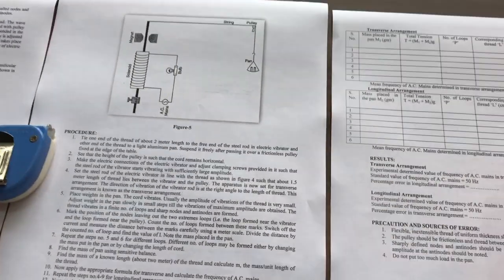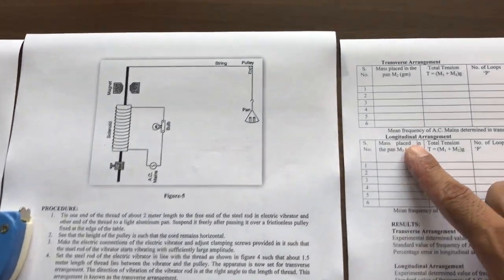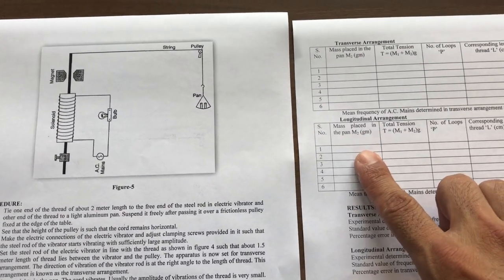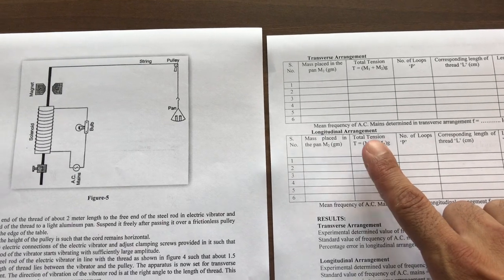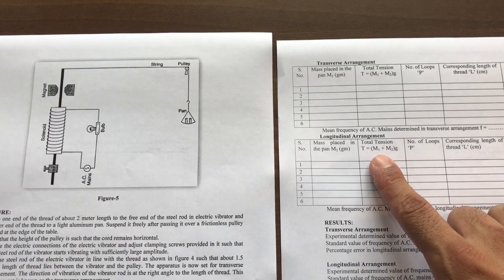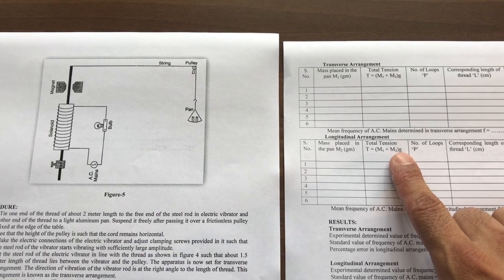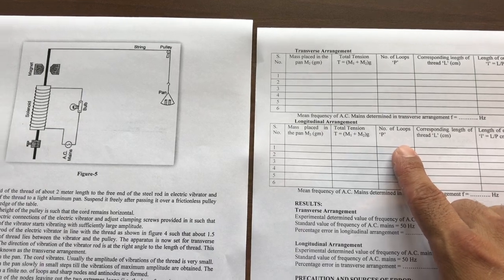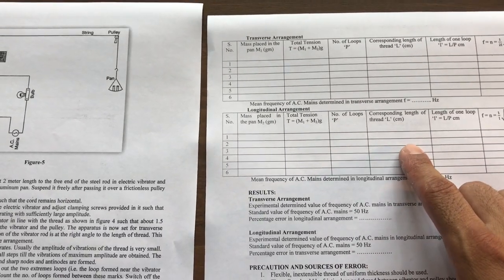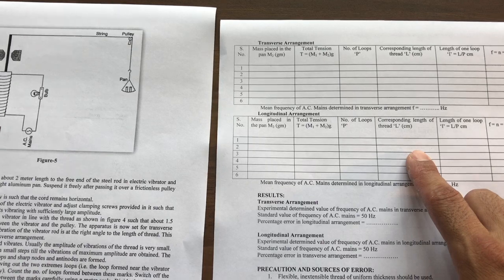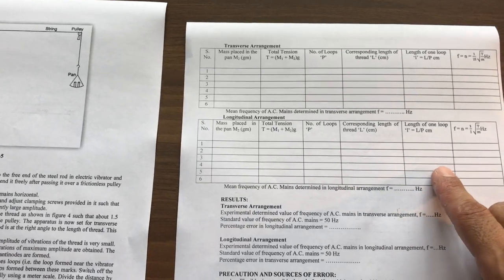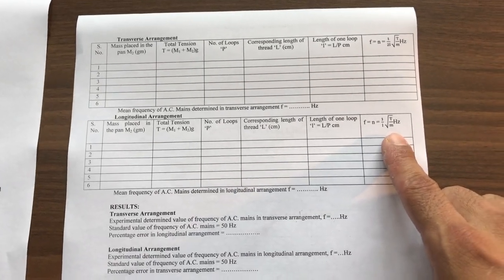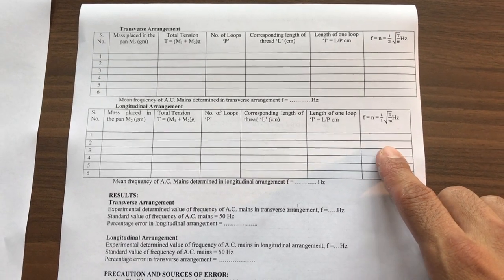Now we again note the value of mass placed in the pen, and total tension, which is equal to (m1, mass of pen, plus m2, mass placed in the pen) into g. g is acceleration due to gravity. Again number of loops, and again corresponding length of the loops. And we calculate the length of one loop, and using this formula we again calculate the value